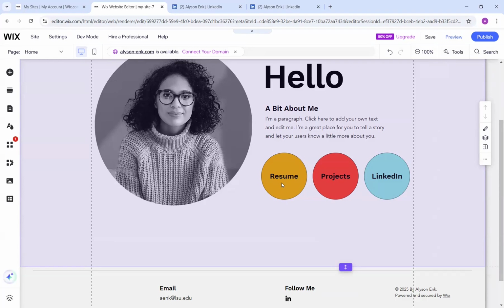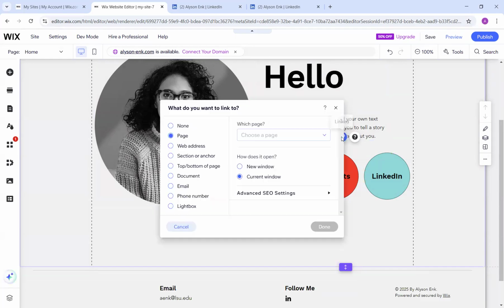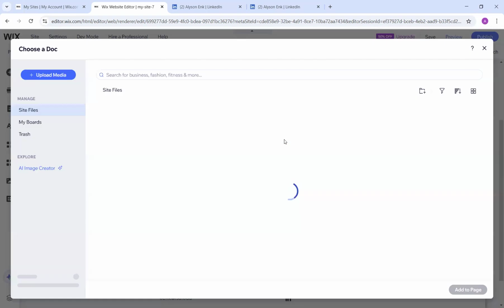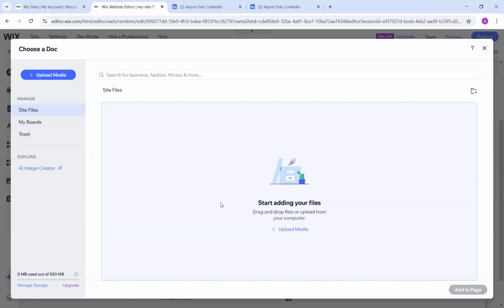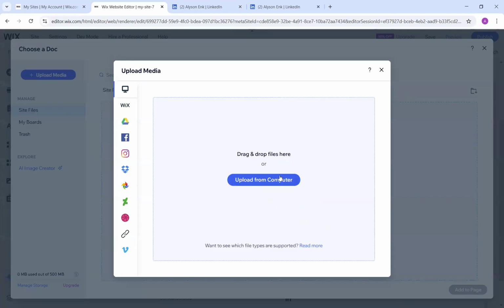So for that, we're going to hover again and click on that resume button, and you see where it has that little link icon again. Go ahead and select that. We're going to make sure we are uploading a document instead of a page, and we're going to choose a file. To keep things organized and concise, I recommend having a little folder on your desktop that just says Wix materials. That way you don't have to dig through your other assignments and class projects to find the things that you need. So we're going to upload media, upload from computer,